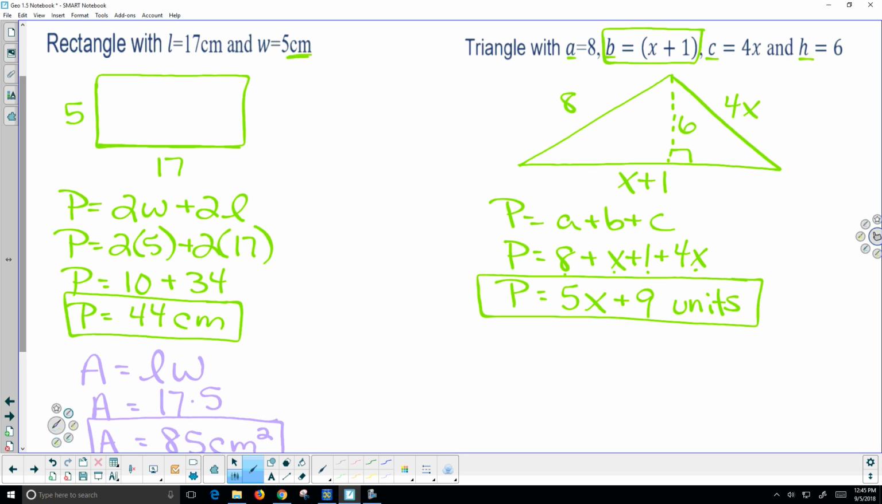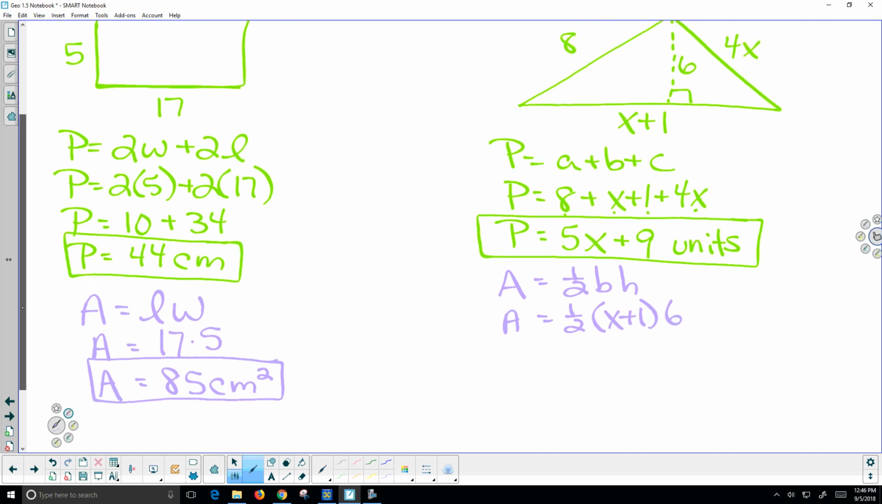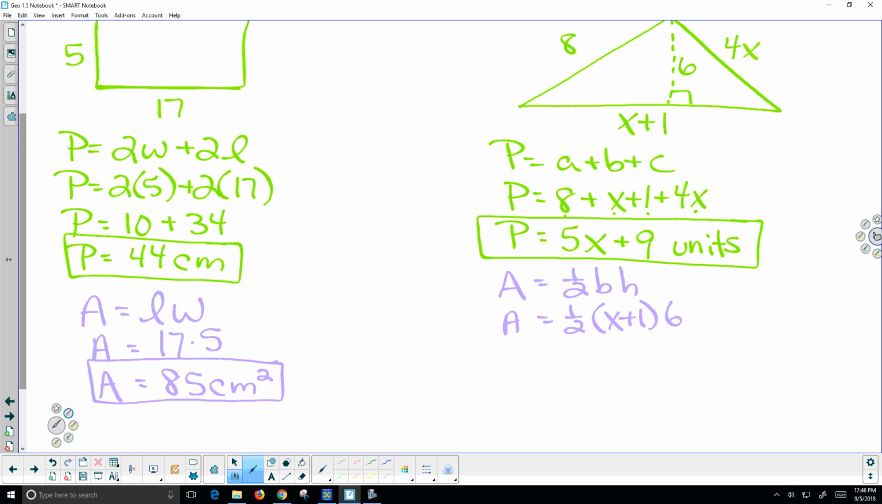Okay, so the area of the triangle is 1/2 base times height, which I'm going to go ahead and fill in. My base is x plus 1, and my height is 6. Now, one of the things that you learned last year in Algebra 1 is that multiplication is commutative. That means I can change the order of multiplication to make it work in my favor. So I'm going to go ahead and rearrange the terms of this,